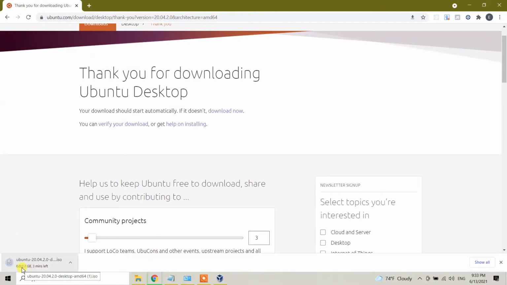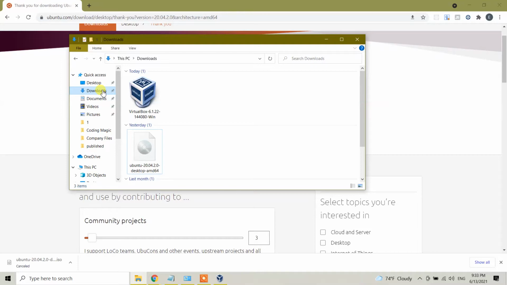As you can see, the size of this image file is 2.7 gigabytes, which is really high. You need to wait a little once it downloads. Since I have downloaded earlier, I'm just gonna cancel this one, but you don't cancel, you know. Since I had this download earlier, before I started to record this video, I'm just gonna cancel this one. And here, if I go to my downloads, I have VirtualBox, and here I have Ubuntu. I downloaded it yesterday, and